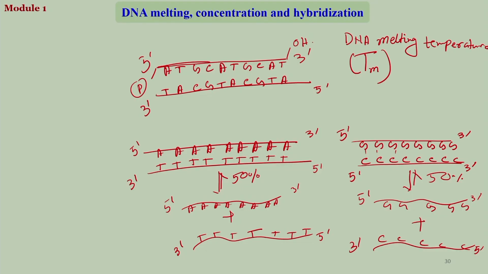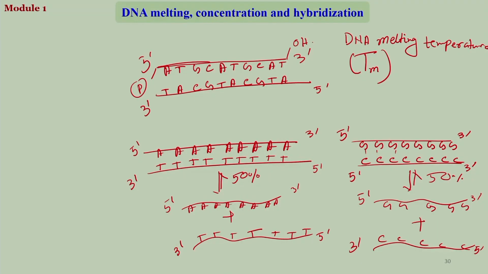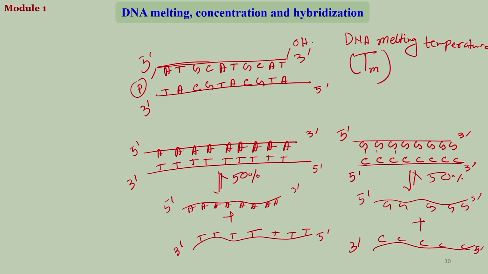Now if you come back here, when you have the double stranded DNA, the two strands are intact and it will show you a certain absorption value at 260 nanometer. Now, if you increase the temperature, this is in solution, water or buffer, and it reaches the melting temperature where the two strands will be separated away, then what happens is you break all the hydrogen bonding interactions and you also break all the pi stacking interactions. So, all interactions are broken, and as a result the absorption of these individual nucleobases gets increased,